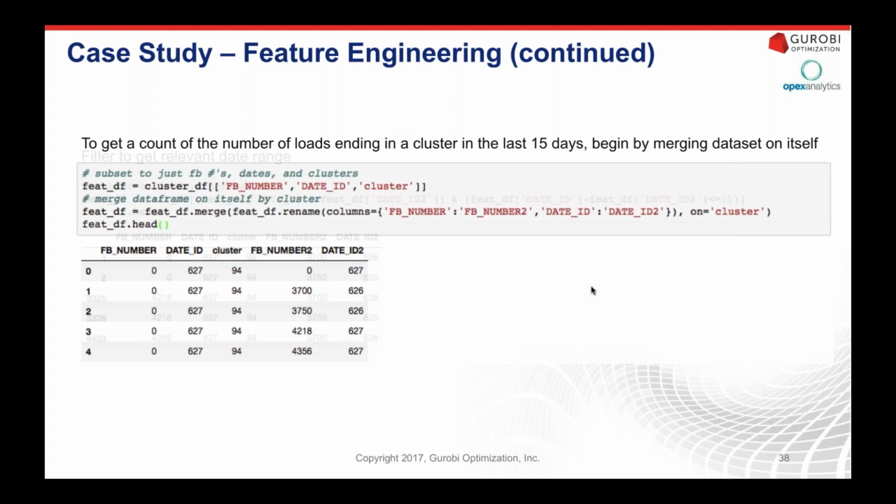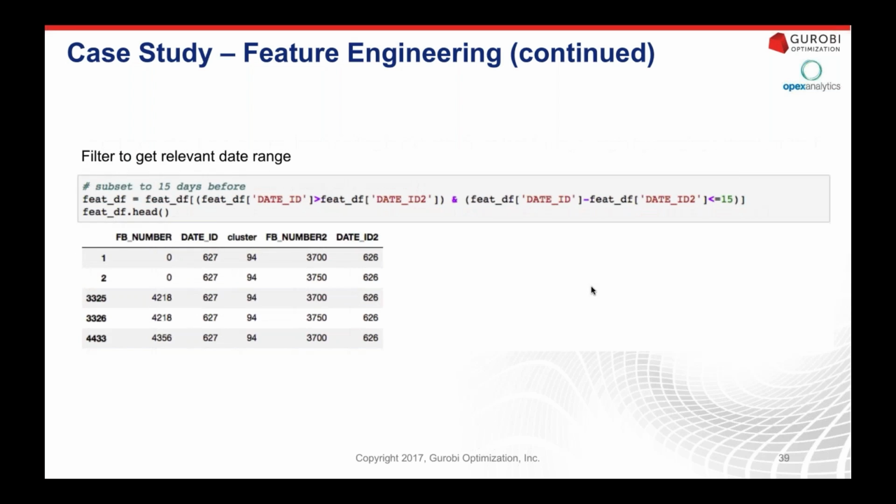But one point to make is that if you are familiar with SQL, you notice some inefficiency here, which is that ideally, if we were performing a join, we would, in the on clause, be specifying our filter, so we're not creating a bunch of unnecessary data. Unfortunately, that functionality is not present in Python. So if we had a very large data set, we probably would want to be outsourcing this operation to SQL or a SQL-like language that allows us to not create all this unnecessary data. But for the purpose of this presentation, and for a lot of cases where we're only looking at a few 100,000 records, this is a perfectly plausible approach.